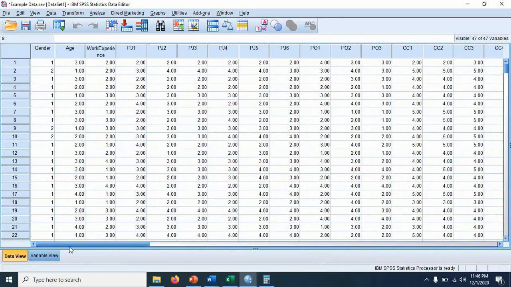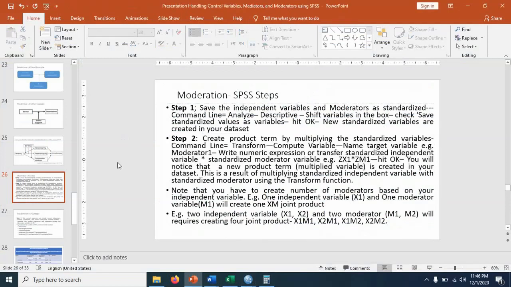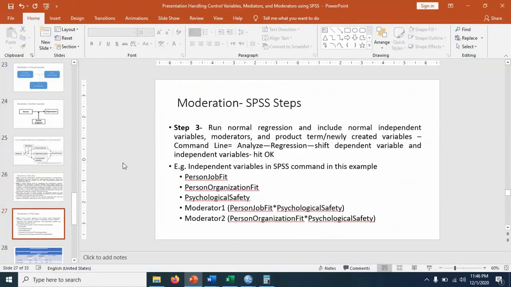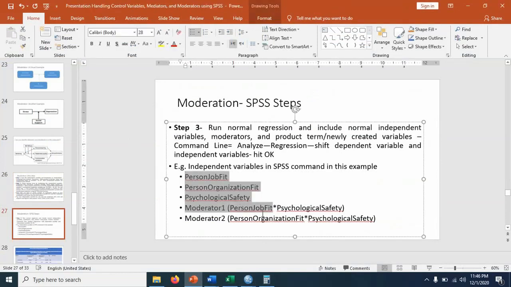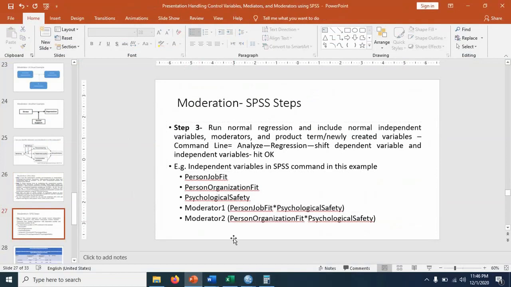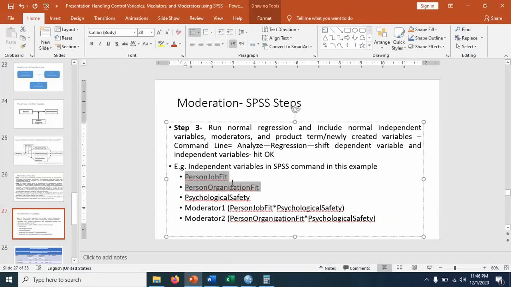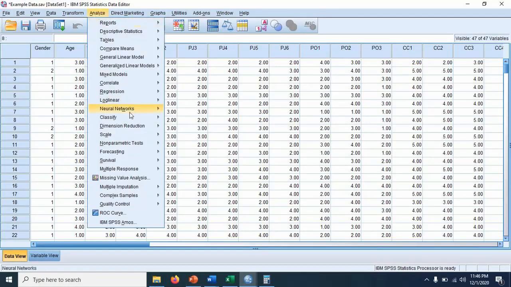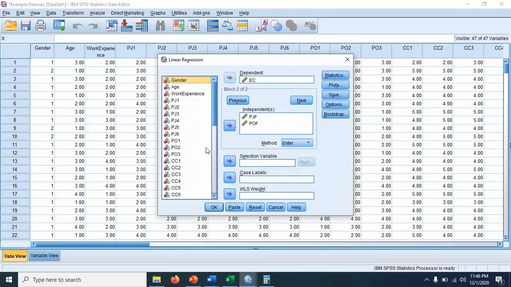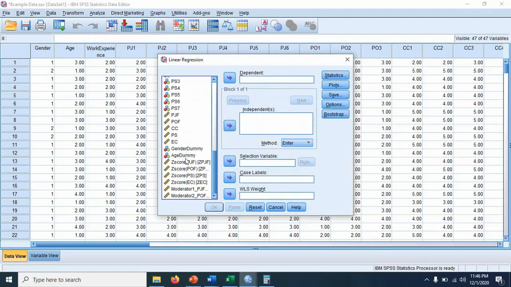Now we are ready and in a position to run a normal regression. So these will be my independent variables. I've written here two independent variables, the moderator variable itself as independent, and the two moderator variables which are created. Just go to analyze, regression, linear, reset everything so that it doesn't create any confusion.